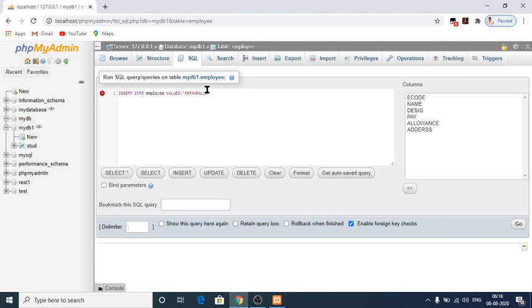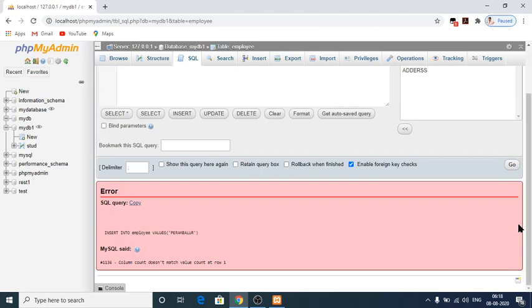Perambalur. So let me execute this one. Yes, column doesn't match value count at row 1.